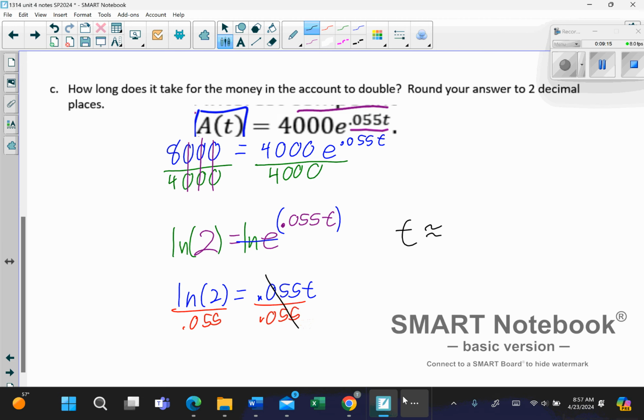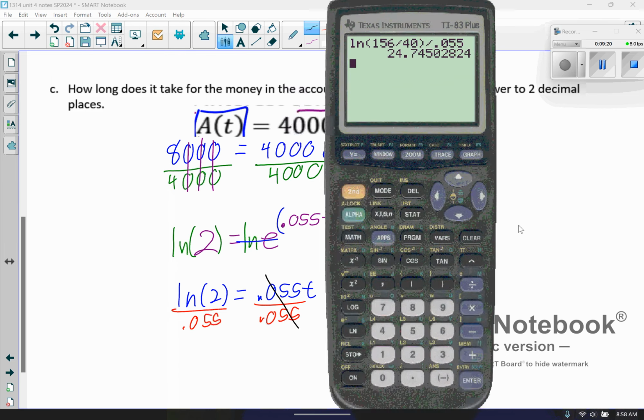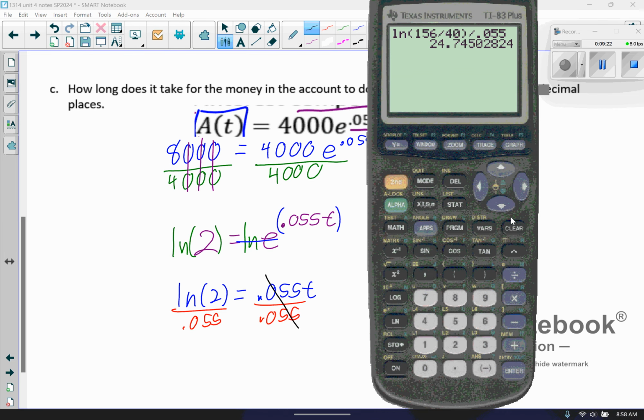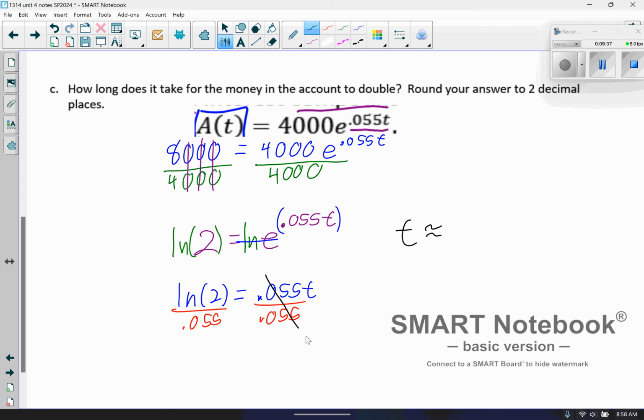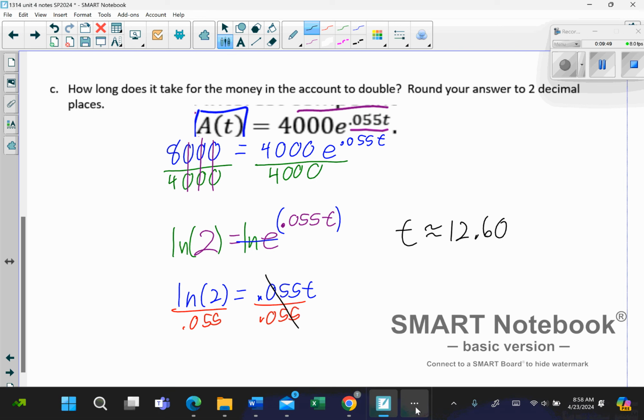And it's probably going to be, like I said earlier, close to doubling every 10 years, but it was a little bit more than that. So I'm thinking it'll be around 11 or 12, something like that. So let's see, natural log of 2, and then divided by 0.055. We'll press enter. So 12.60. So a little bit over 12 and a half years, which isn't great, but it's not bad